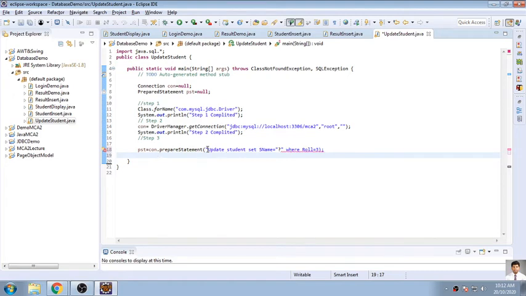So student roll number, double quote started, double quote end over here. I need to specify like this and then close this parenthesis.